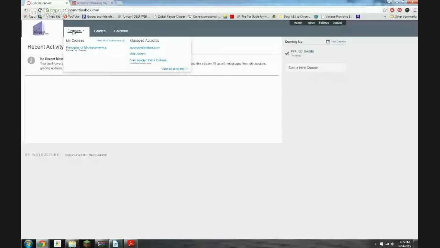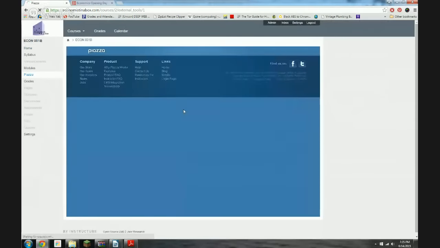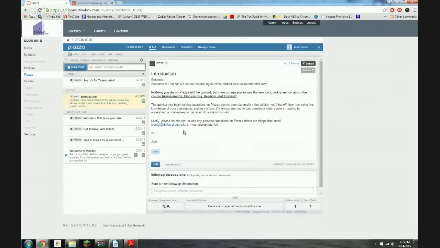Oh, there is one last thing I did want to show you. Screen share, entire screen share. Go back to the course, go to courses, open. Okay, here we are. I want to show you what Piazza actually looks like. Right now, I've got a fairly basic load. When you log in, it's going to show you the introduction that I wrote. I'm going to start putting material up here. You can create things here. Nothing on this website's graded. It's a place to come to ask questions. Hopefully we'll set things up. I'm going to try to set up tags. I'm still trying to figure out how to use this website more effectively, but we're going to try to use Piazza right now and see how this is doing.